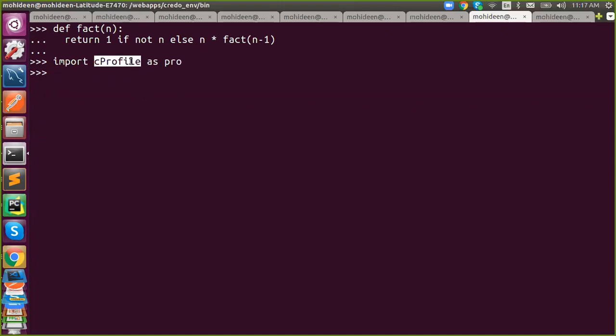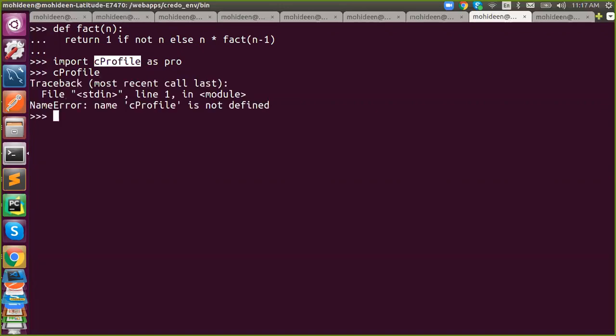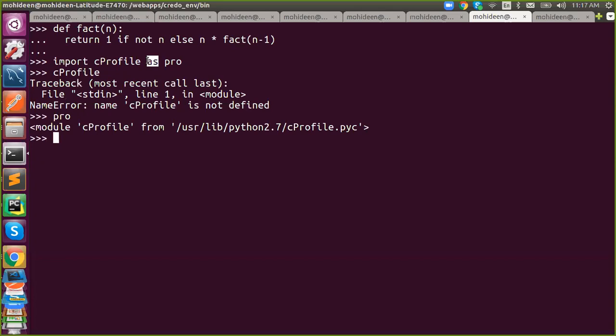We won't be able to use this name, it will say name error, because I have used an alias for that. I use it with the help of prof. That is called an alias, with the help of as. As is a reserved keyword. Okay, so prof.run. I need to execute, so it should be inside quotes. Fact of, I need to pass a number. I'll just say 5. So if I say 5, how many loops will occur